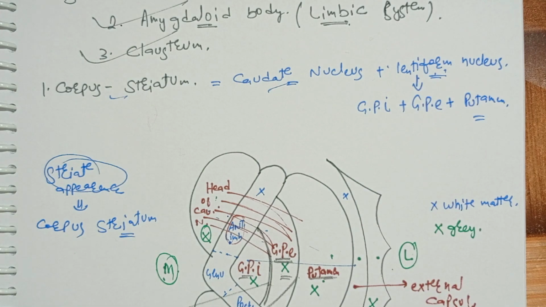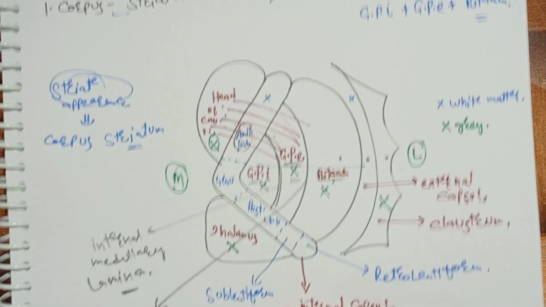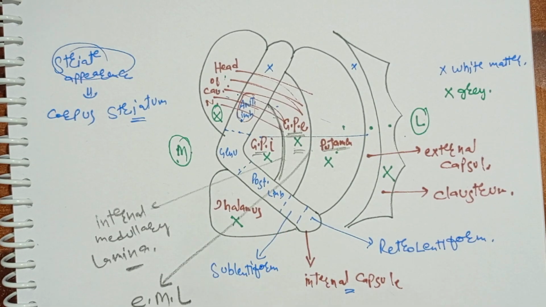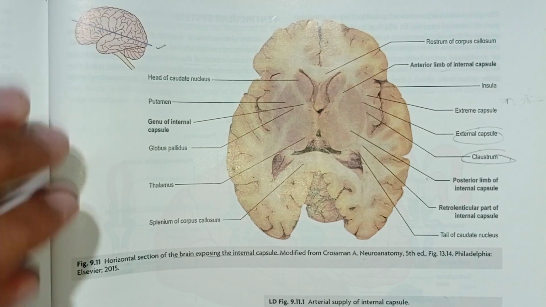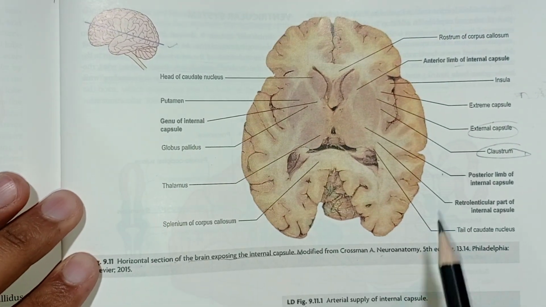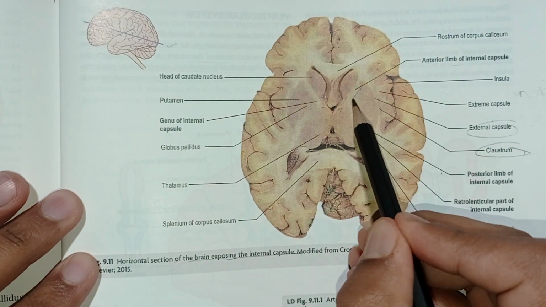I will show you this diagram from Gray's Anatomy, a very important diagram, which will help you remember and revise. Now I will show you this diagram again. Here is the diagram. Look clearly. This part right here